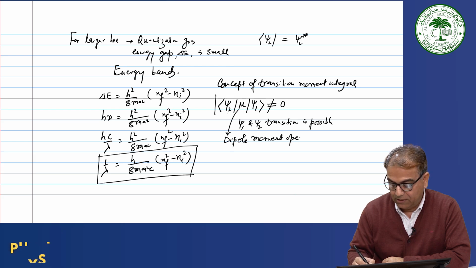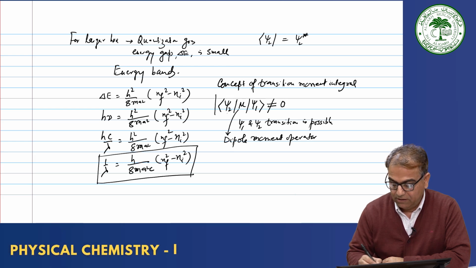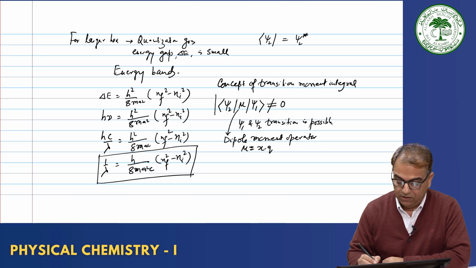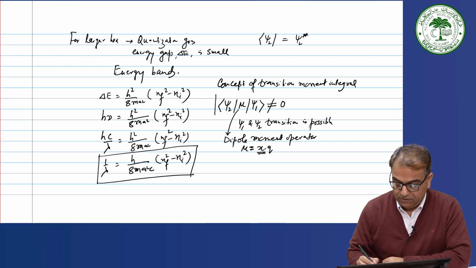Dipole moment operator, which is nothing but multiplying by the dipole moment value, and the dipole moment mu is x into charges, whatever charge you have, charge q into x. So charge into distance between the two poles is the dipole moment. Now when it will not be, for this integral,